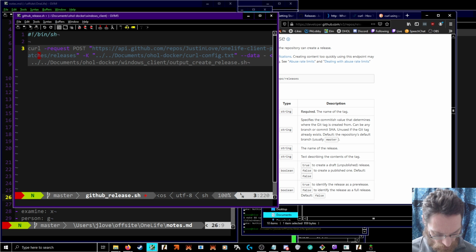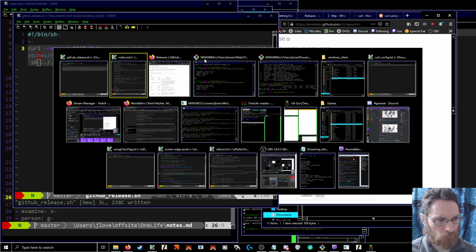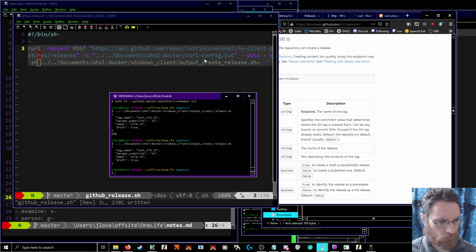I may have to make sure that we can execute this. Okay, so this gives us our relative directories for that script. I guess I could just output it once and then use that, but